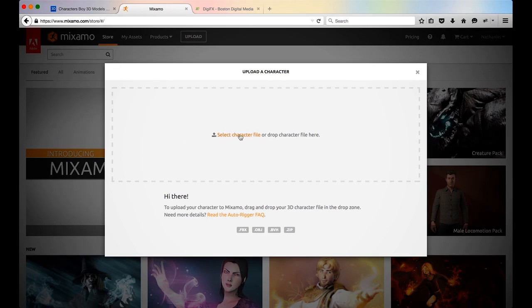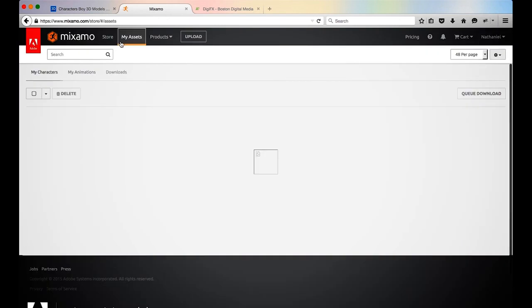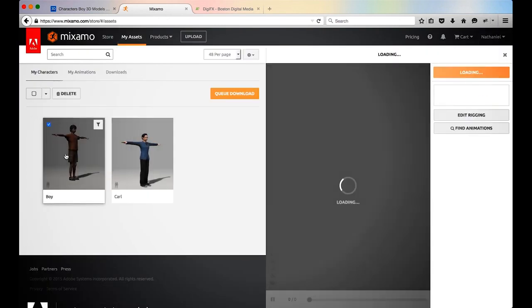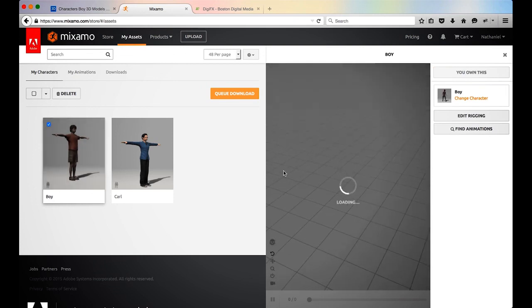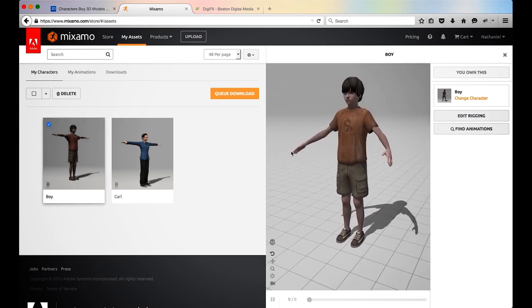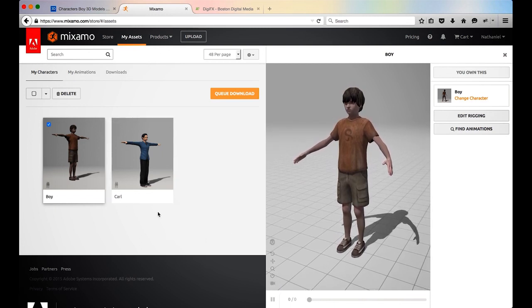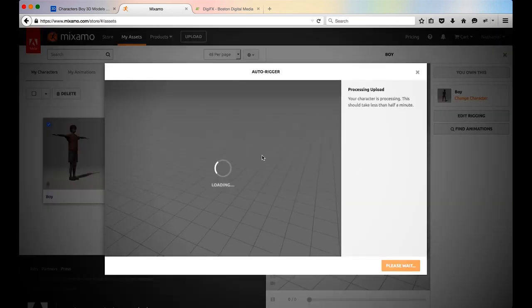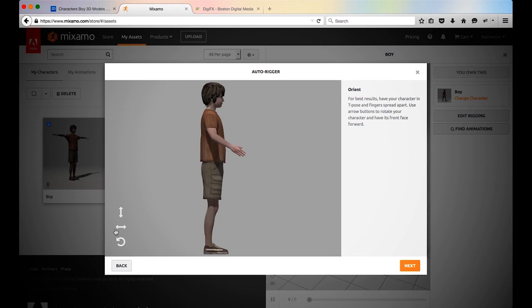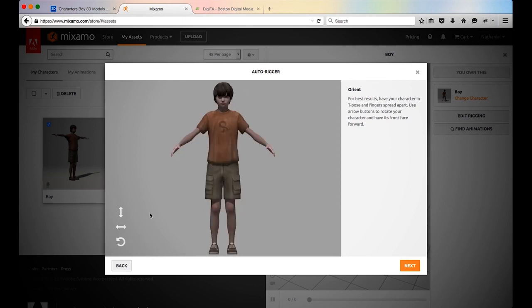So you go ahead and select your character, and you'll upload it. I'm not going to do so because I already did that, but once you upload your character, I'll just show you what it gives you. So this is my boy character before I change his shirt color, and it gives you your nice 3D character in your characters folder right here. And if I go into my edit rigging, this is kind of the state of what I had to do before, and this is what it looks like when you upload it. And if I go to next,